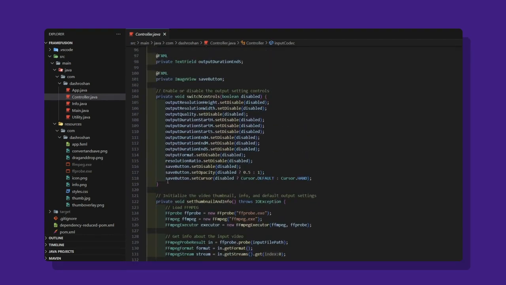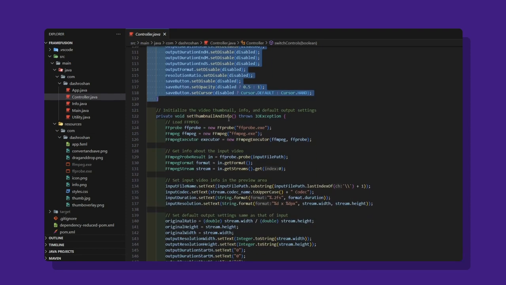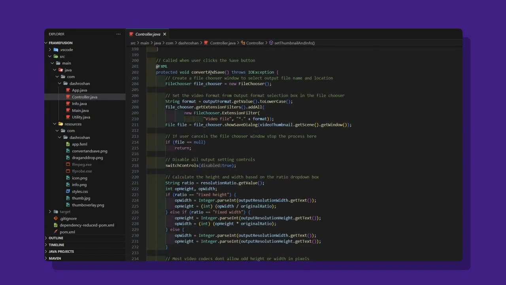It contains methods such as switch controls, which helps us to enable or disable the output setting controls. Set thumbnail and info, this function helps us to extract the thumbnail and input video information, which further updates the default output settings. The method convert and save, which helps us to convert the video and save it according to the